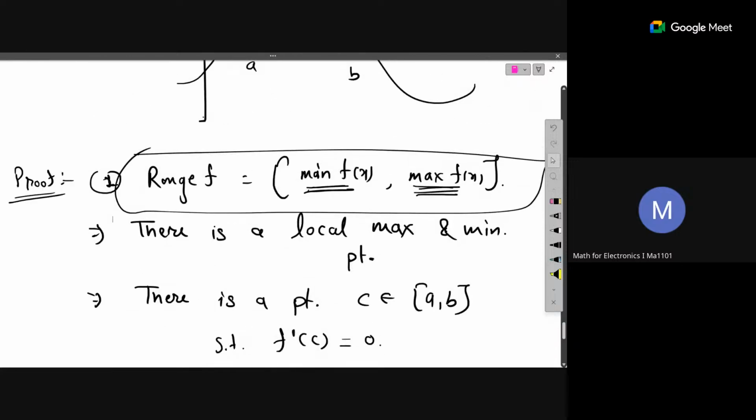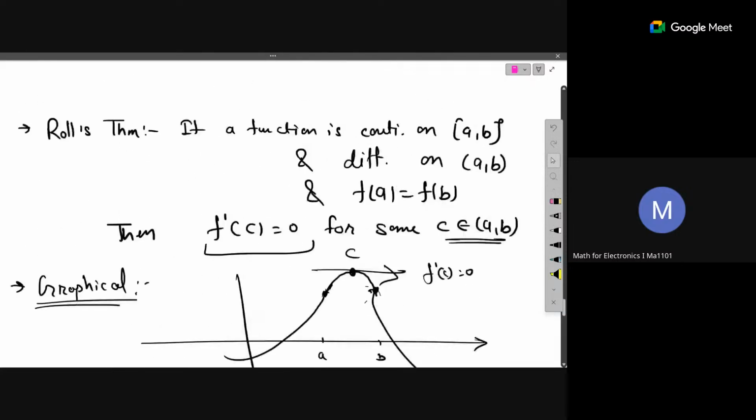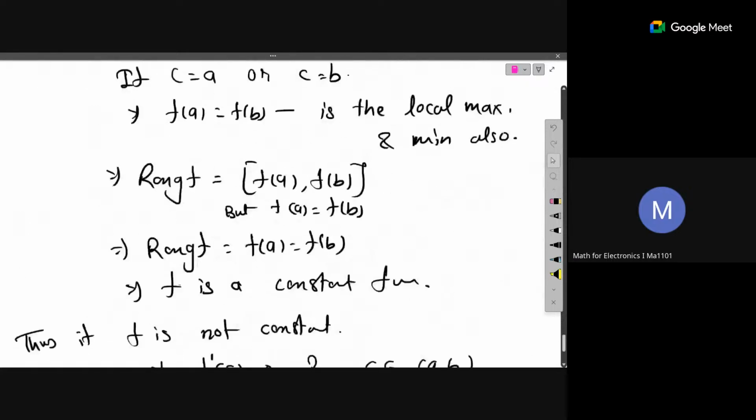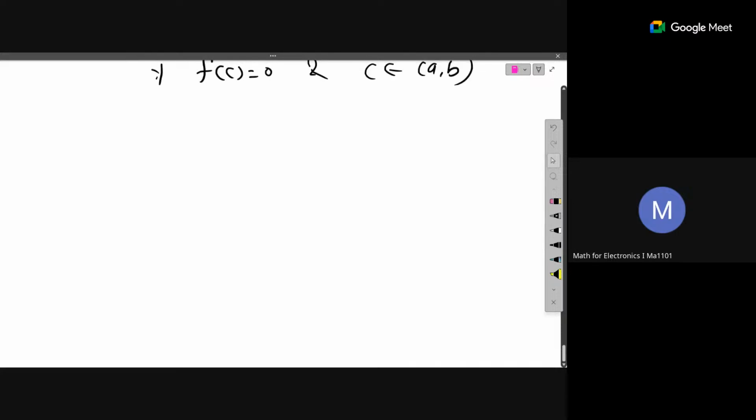Again, one remark I want to make is that Rolle's theorem guarantees that there exists a C. It does not say that it will always be one C, or that you'll get one C, two C. It says that there exists at least one point. It will give us an existence. It does not say that there is always a unique C, right? So this remark you can say